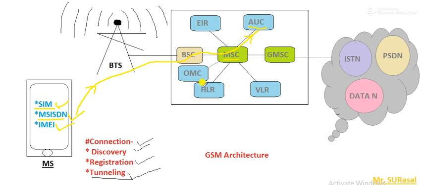Again, let me remind a few points. Let me first clear all the notations here, and then I'll start the same session again. Okay, now I have cleared all notations. So again, let's start understanding how it works. Suppose this mobile station or mobile device is turned on. A connection request will be delivered through the nearest wireless station, in short,